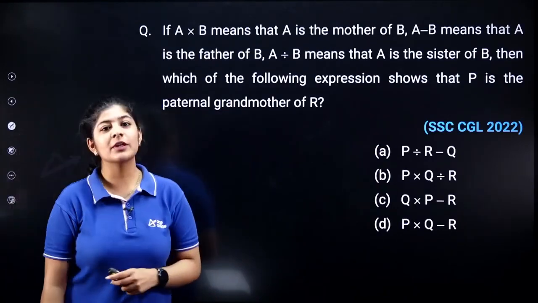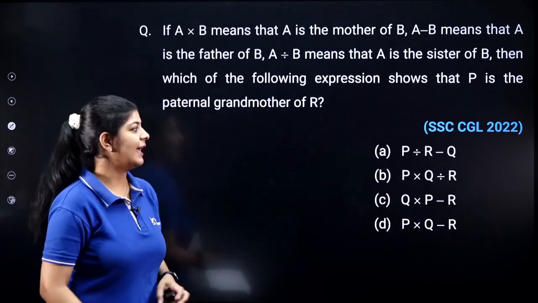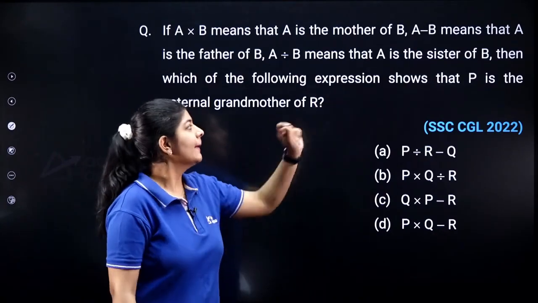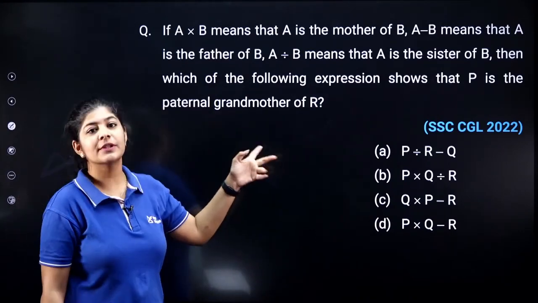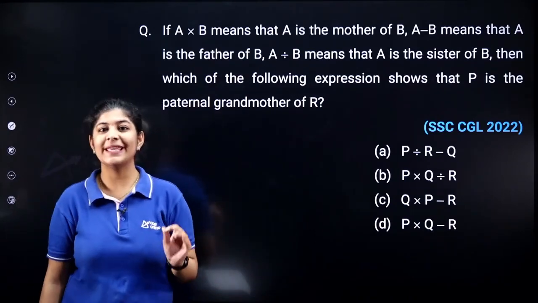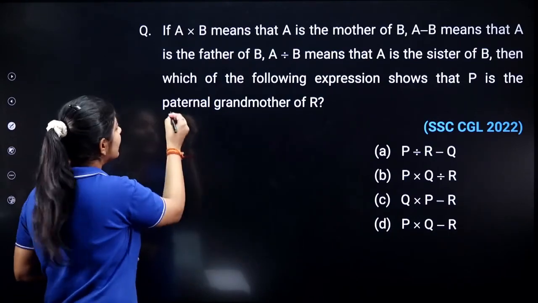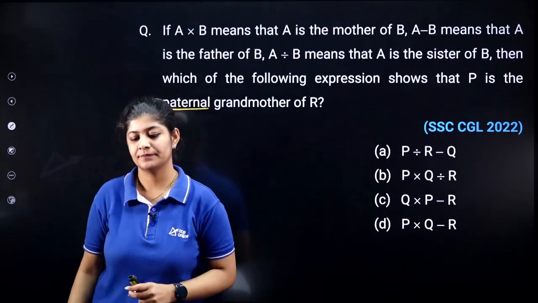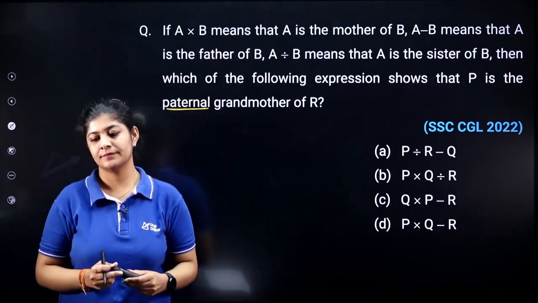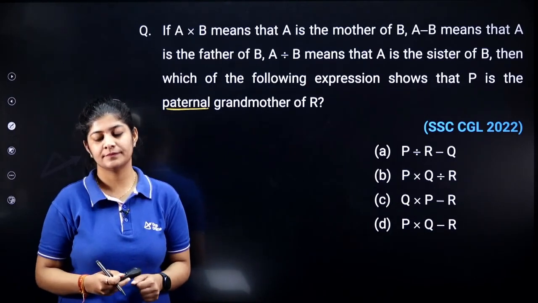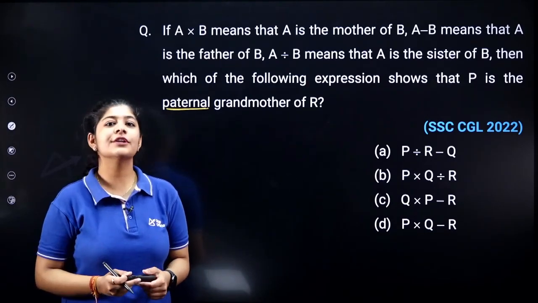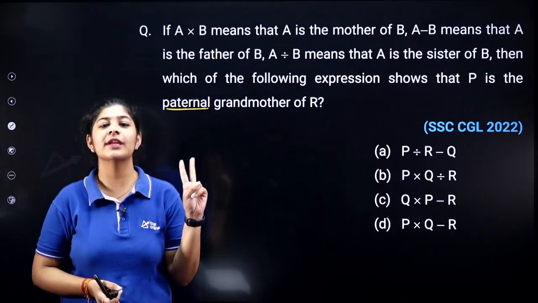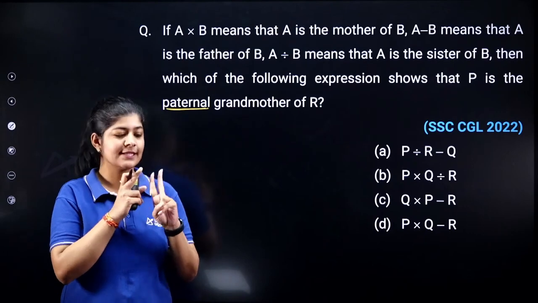The next question is from the concept of blood relations, and here you have a few options. You need to check which expression shows that P is the parental grandmother of R. P is the parental grandmother, that means father side extended family. I've already told you, whenever you have such types of questions, you only need to follow two things. First, check gender. Second, check